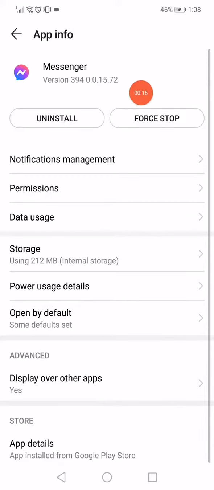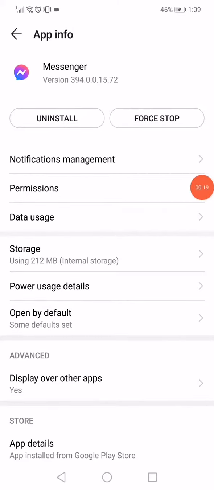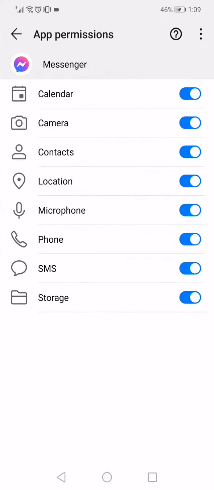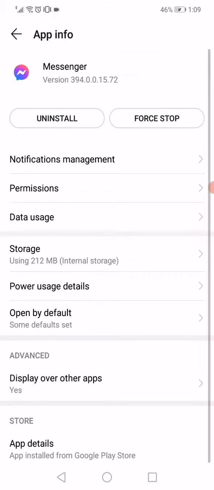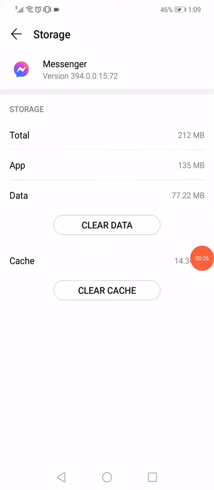Click on force stop and then click on the permissions. Make sure to enable all the permissions on this page and then click on storage. Click on clear cache and clear data. Go back,